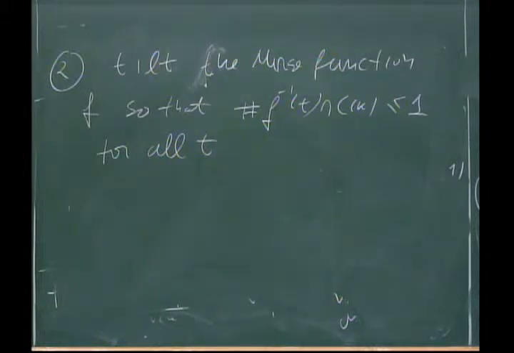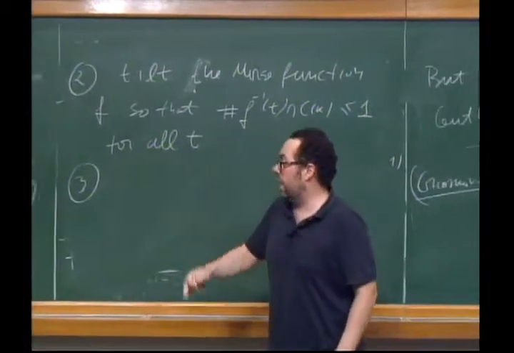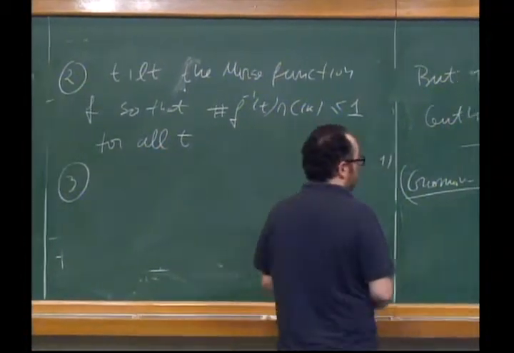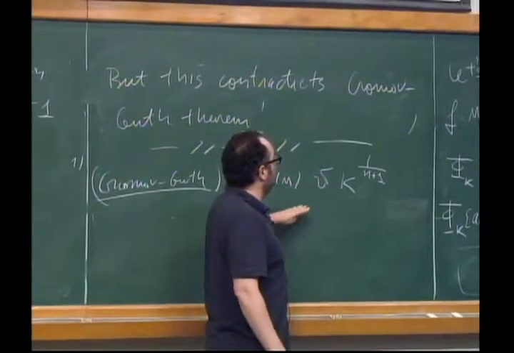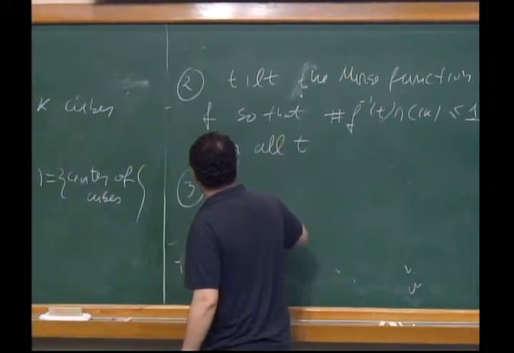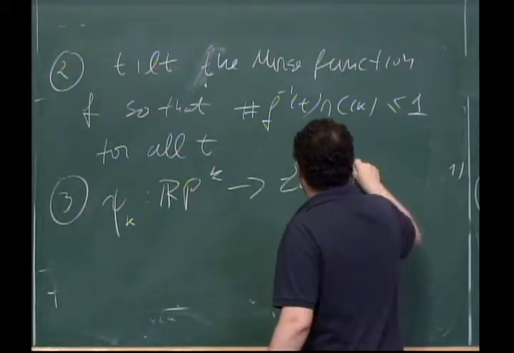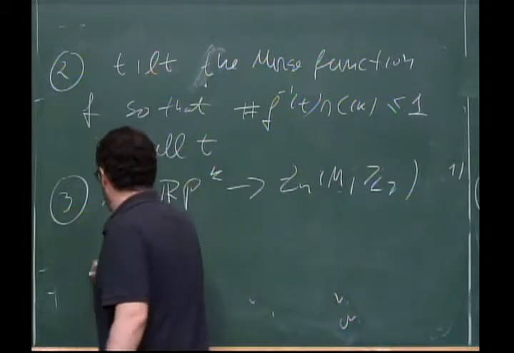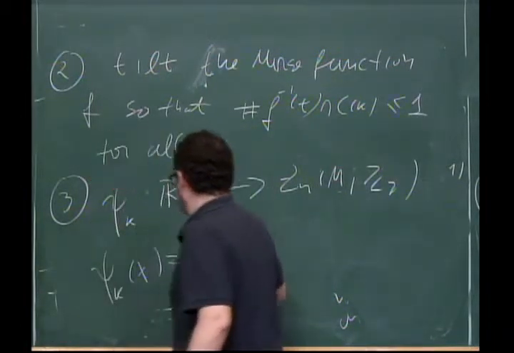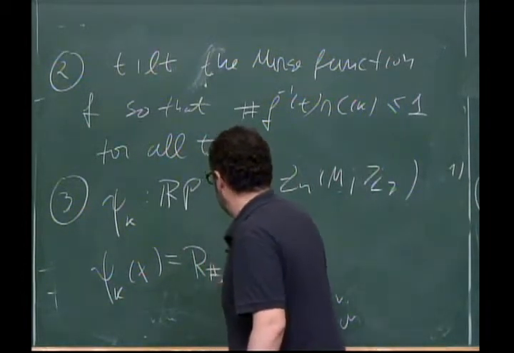Okay. So I drew here two different level hypersurfaces. Now, out of this, the idea is to construct the competitor, which will be a K-sweepout, and whose maximum volume will be of that order. So then we set psi_k to be a map from RP^K into the space of 2-cycles, where psi_k(x), the definition, I'll write it and then I'll say what it is. The definition will be just the radial projection